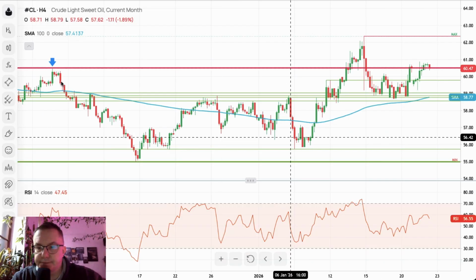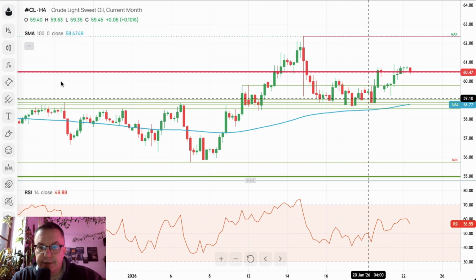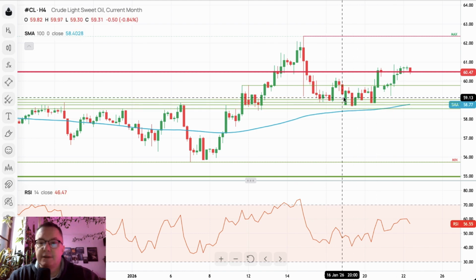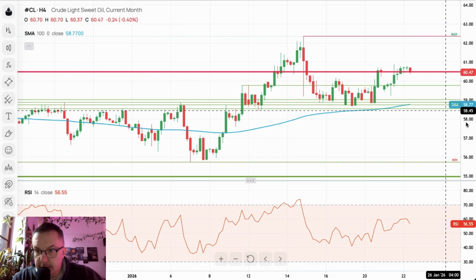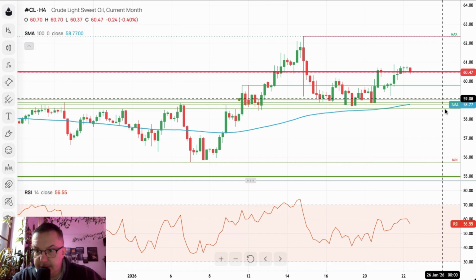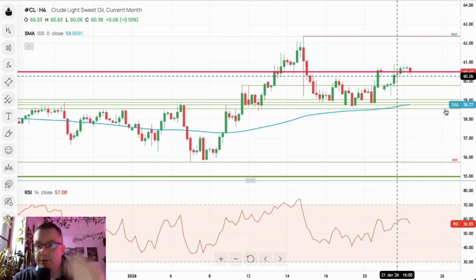Crude oil, not much is going on the crude oil. However, as you can see, the demand zone has been tested, and it provided very nice support. So demand has been tested. Demand is between 58.51 and let's say 59.10. Movement to the upside, gap down, movement to the upside.